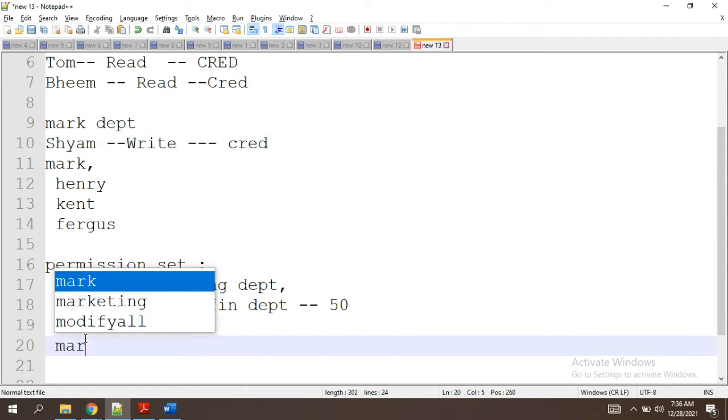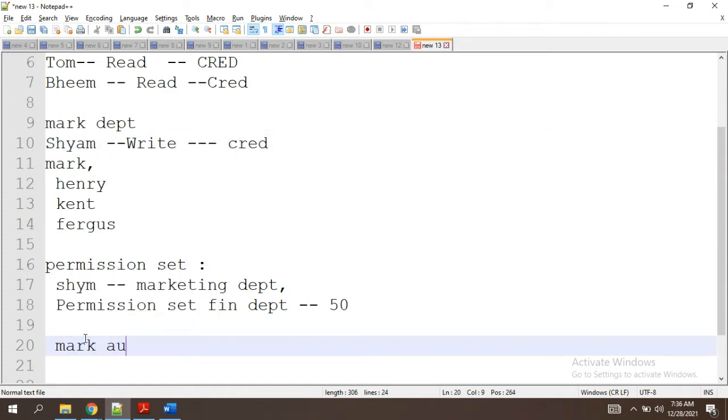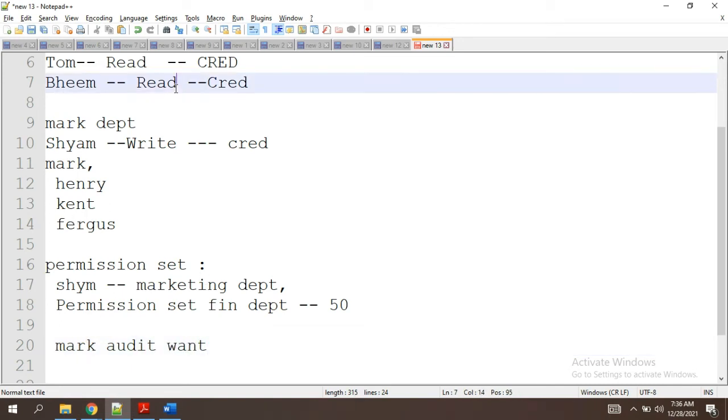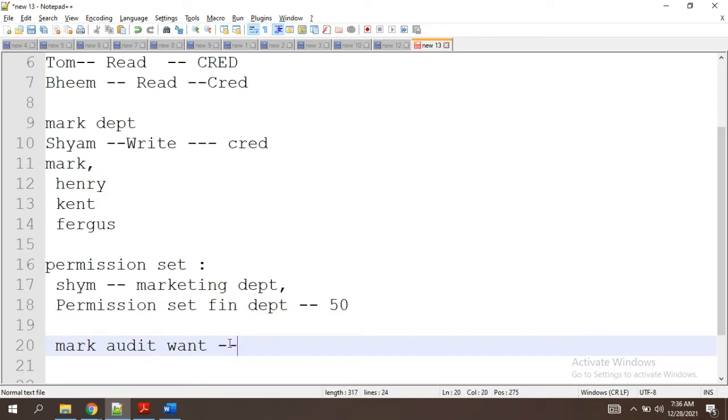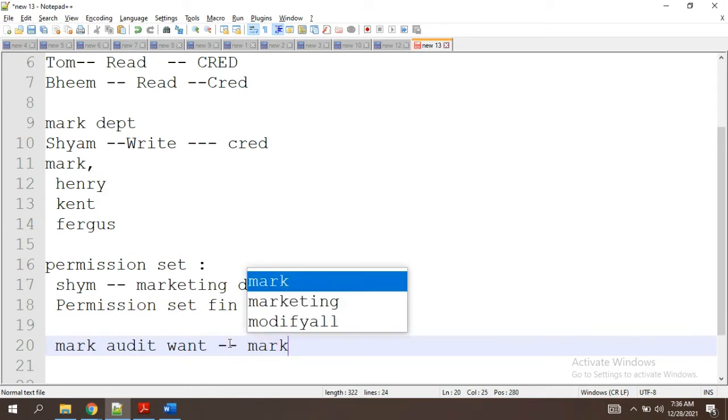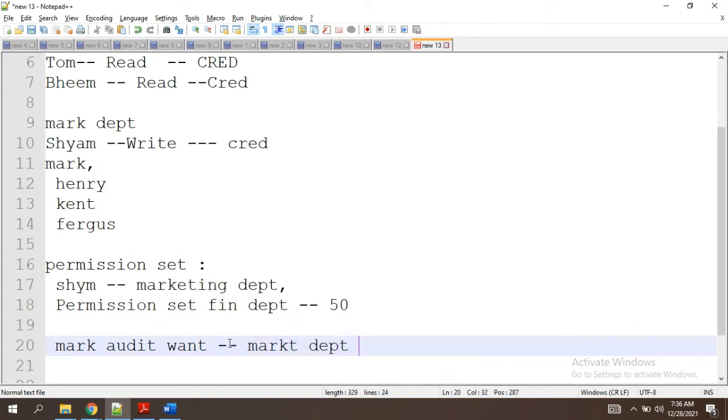So marketing people have to do some audit, so they want access to the records which are part of the finance department. So for this reason, the finance department permission set will be assigned to the marketing department people, and they will do the audit.